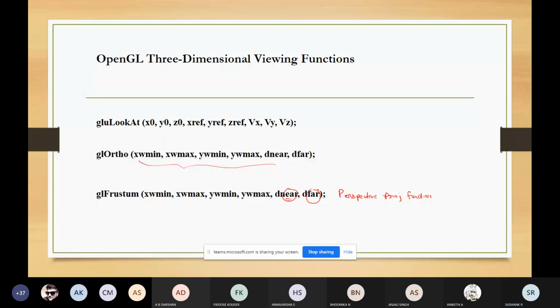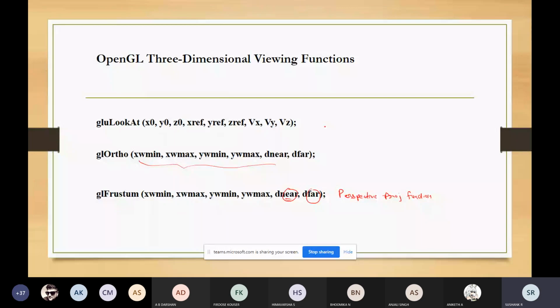Similarly, we have one function called the GL viewport function.